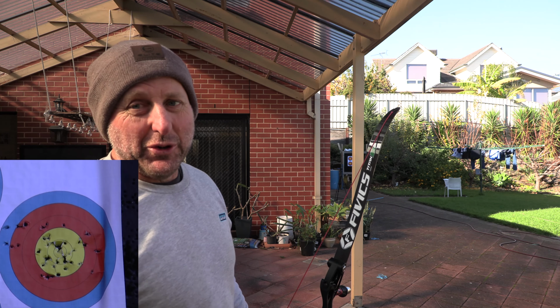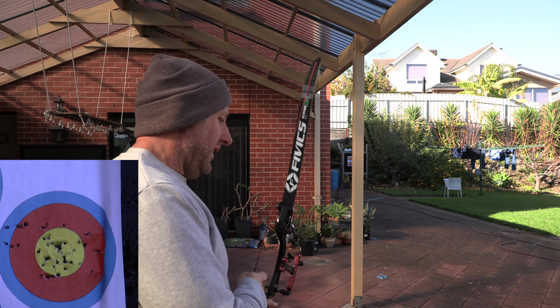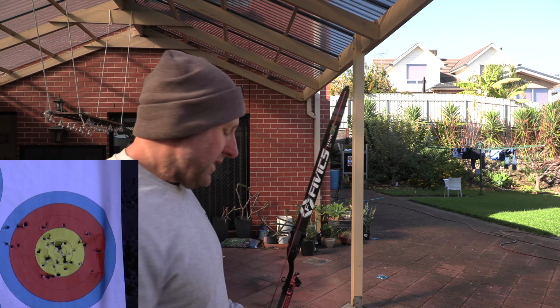Again, when you cut arrows shorter, it takes a while for you to get used to the form and technique. Maybe my clicker's not in enough, so